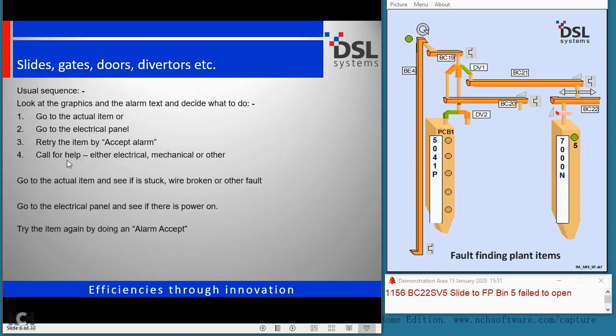So the usual sequence is, look at the graphics and decide what to do. Go to the actual item, and this would be the normal action for this type of item. Go to the electrical panel, a bit unlikely for these, or retrying the item, and I'll show you this. So you would go to the item, close it,